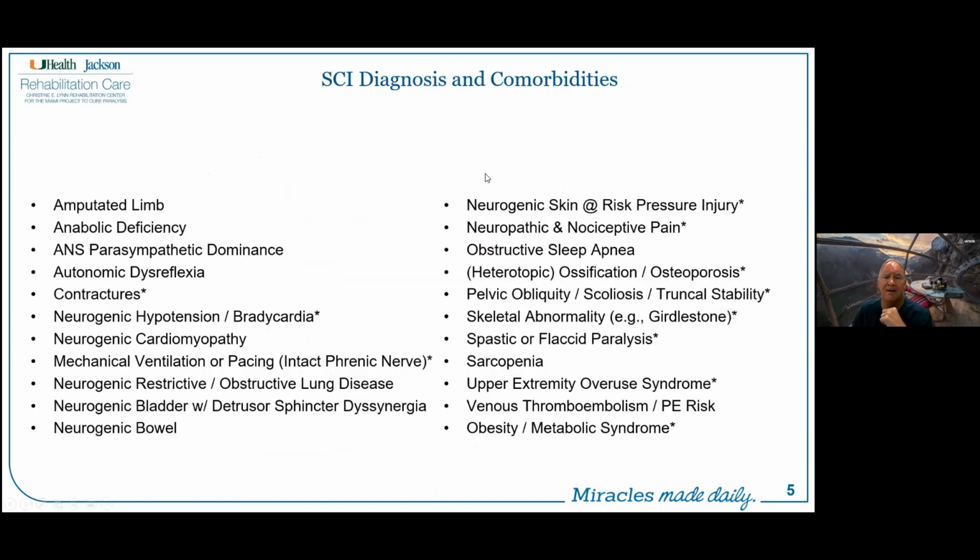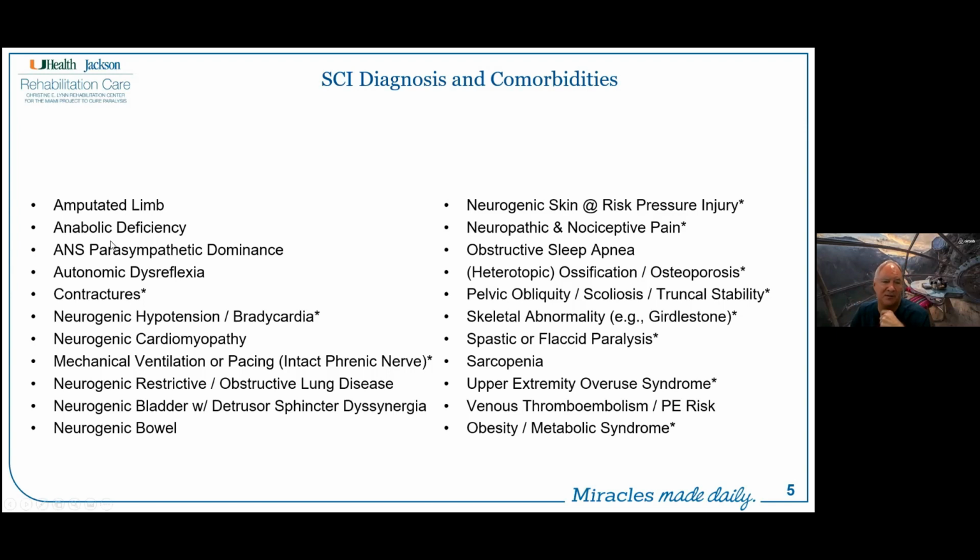So these are the typical comorbidities associated with high spinal cord injury, particularly those with tetraplegia, meaning all four limb involvement. They may have these. Now, typically, we wouldn't have an amputated limb. However, our folks are at high risk because of their low blood pressures and because of the fact that they can develop gangrenous ulcers and whatnot, so that they are at higher risk for amputations. But typically, and we'll talk through these briefly,